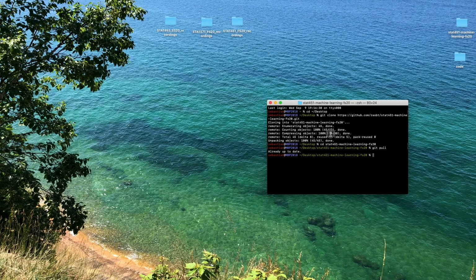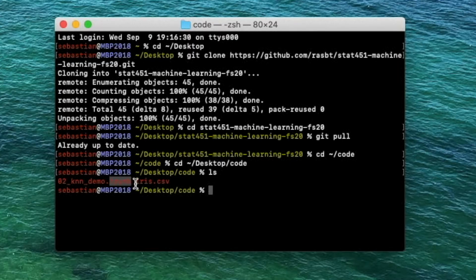And then I'm navigating into this folder. And we will be using, oh, sorry, that was the wrong one. I have a code folder also somewhere else on my computer. So I'm now on this folder, and there are two files, an IPYNB file, which is an IPython notebook file. It's called Jupyter Notebook nowadays. Back in the day, it was called IPython Notebook. And there's a text file, a CSV file to be precise, and this contains the Iris dataset.